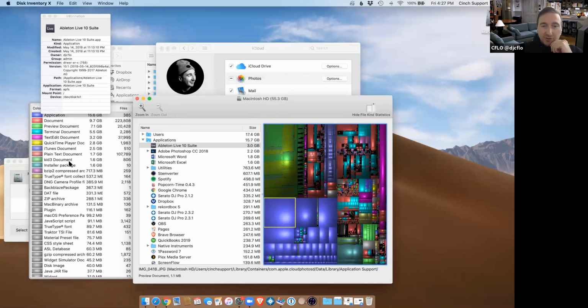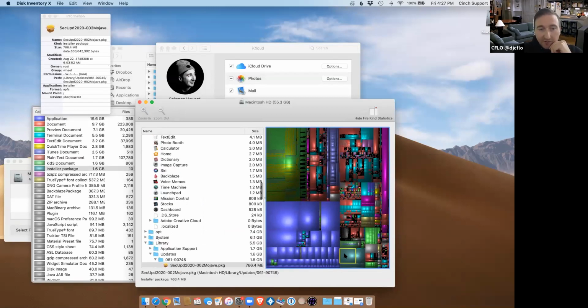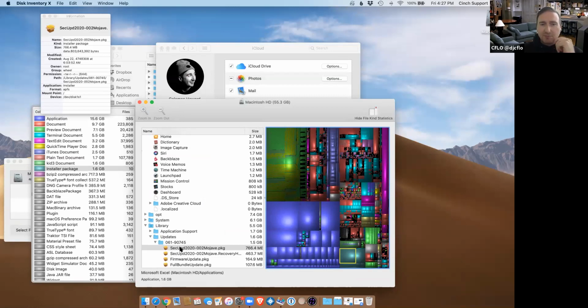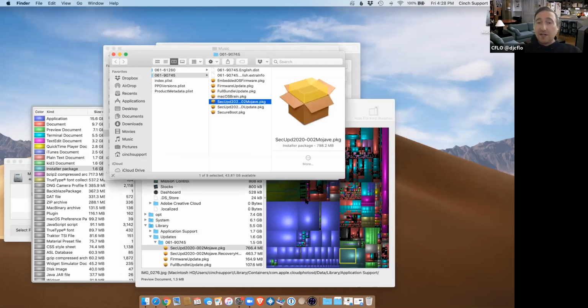It's got a color-coded chart, so I can say, what's this file? And it says, oh, it's a security update. It's almost a gig. It's taking up room on my Mac. Like in that case, I would want to delete that. I'm not going to do anything here because we're in the middle of this chat, and I don't want to mess with my laptop, but you can right click it. You can move it to trash. You can reveal it in the Finder, and it will open it in Finder, show it to you, and then you can toss it in the trash.